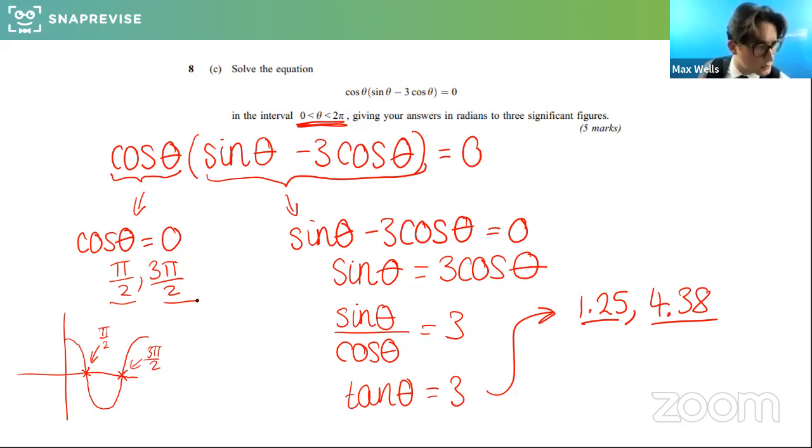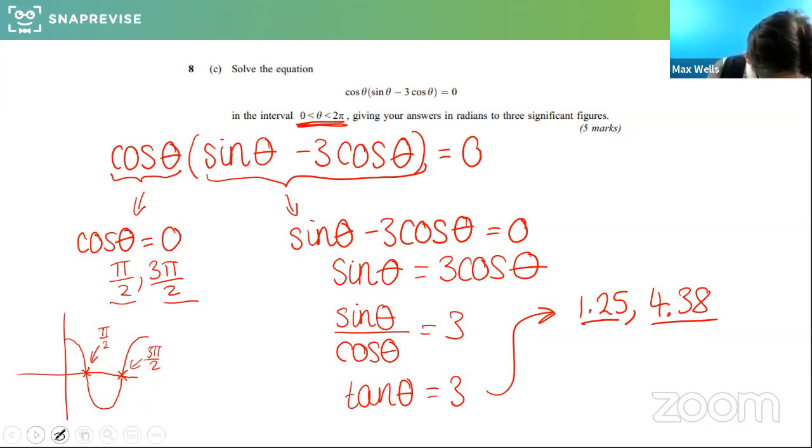Okay, question, would you say that? Yes, I would certainly say don't expand this, because then you get a cos theta sine theta and then a minus cos squared theta, and it gets very tricky. The fact it's given factorized for you is brilliant, because you've got everything in the two factors that multiply to make 0, and you can solve it in two separate branches. And one of them, as you notice, was an answer to a previous question, so it's deliberately set up that way. But a really good question.